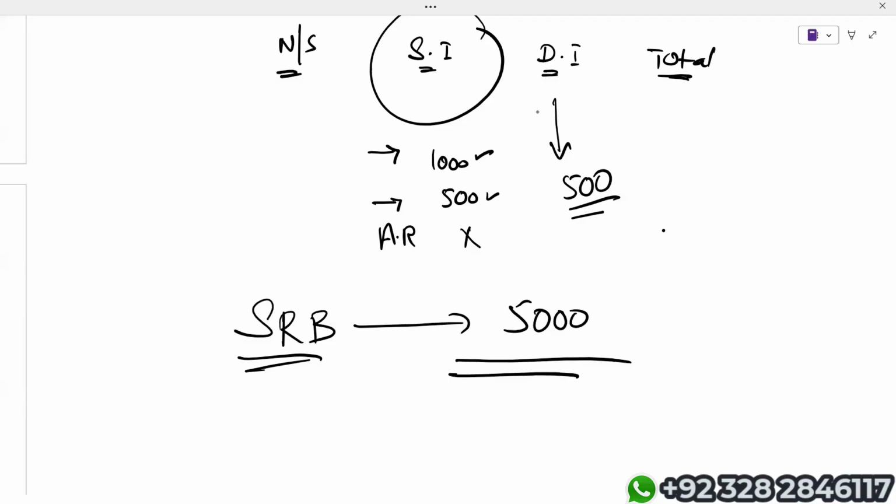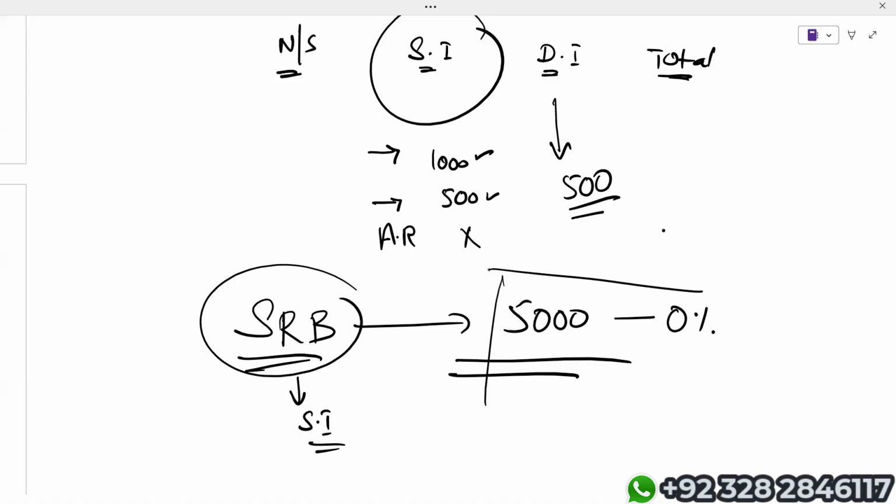If starting rate band of £5,000 is applicable, then income tax rate for the saving income is 0%. Number one, starting rate band only relates to saving income. Second, if it is applicable in a question, then you should know one thing, that limit for the starting rate band is from £1 till £5,000. Applicable rate is 0%. But there's only one question. How do I know that starting rate band is applicable in a question or it is not applicable?